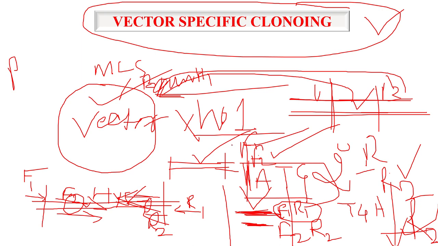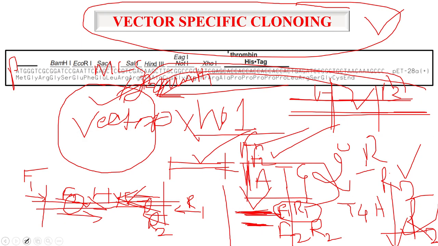So the basic thing in vector specific cloning is you have to digest your vector and gene of interest with the same restriction enzyme, from vector and gene both. So BamHI and XhoI is used in both cases, in gene and vector both, because अगर यहाँ पे BamHI से काटे और यहाँ XhoI से काटे और यहाँ किसी और से कट कर दिए, तो it cannot go and sit here. I think you understand.